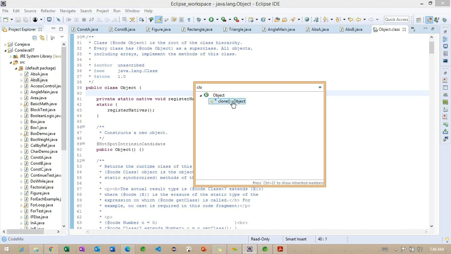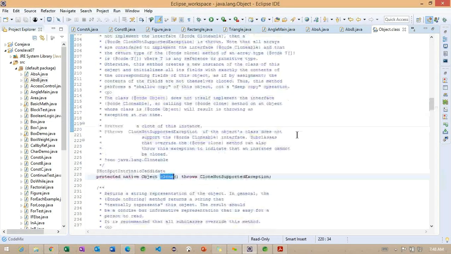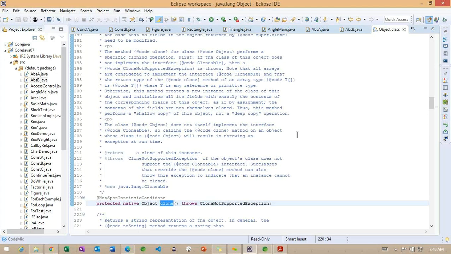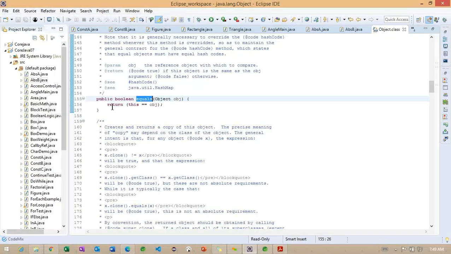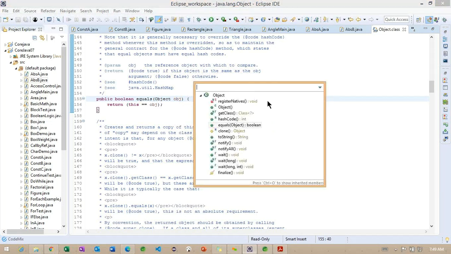First I am going to specify the clone method. What this clone method does is, if we want to copy one object into another object, we call this clone method. This clone method is available in the class called Object. Along with this we have the equals method. Using this equals method, we compare the current object with whatever object we pass here, and the object references are identified here. Right, so this is the purpose of the equals method.